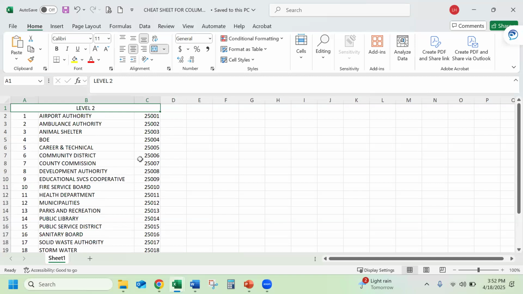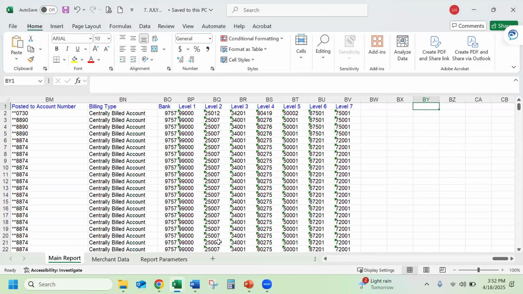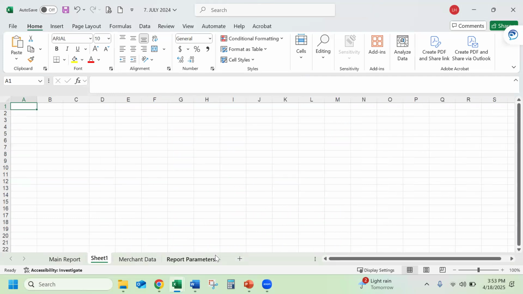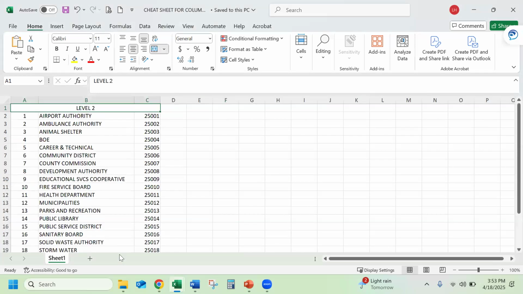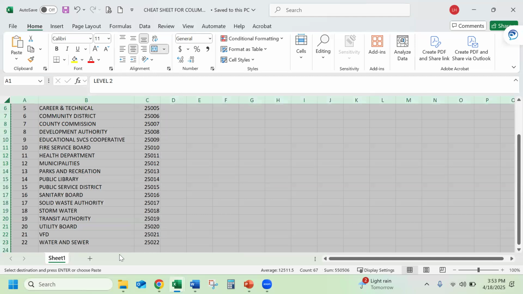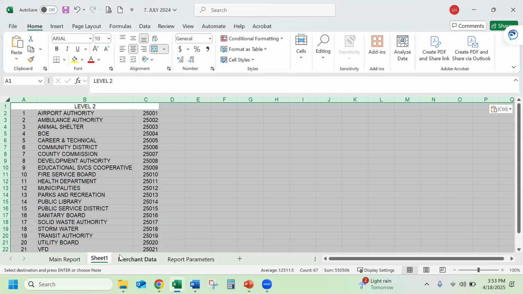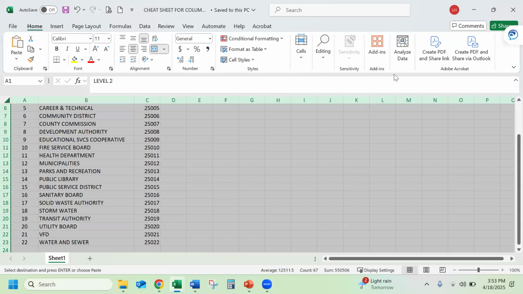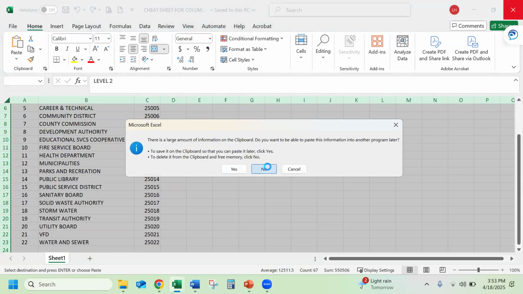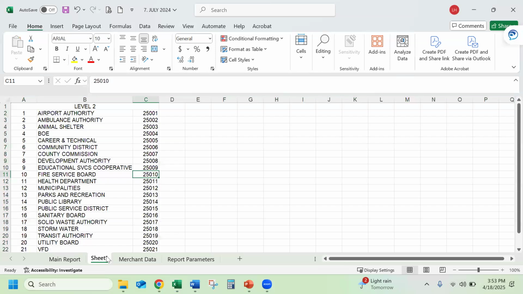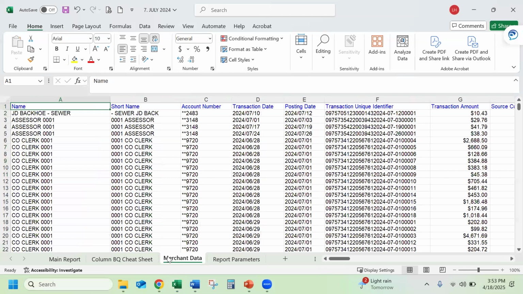So what I'm going to do is flip back over to the main sheet. Again, you would need to do this with your data since it's not in there. I don't want to have to go through and do it and resend it to everybody and clog up everybody's email. So I'm going to add a sheet, come back over, copy all of it, come back and paste it. All right. So first and foremost, got it in there, and then I'm going to close this version just so that I don't accidentally click on the wrong thing. And I'm going to call this sheet column BQ cheat sheet. You don't have to do that, but